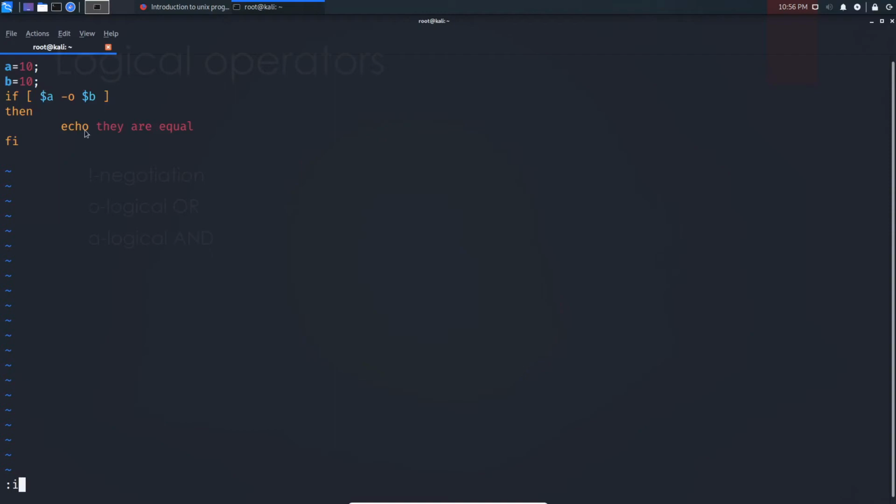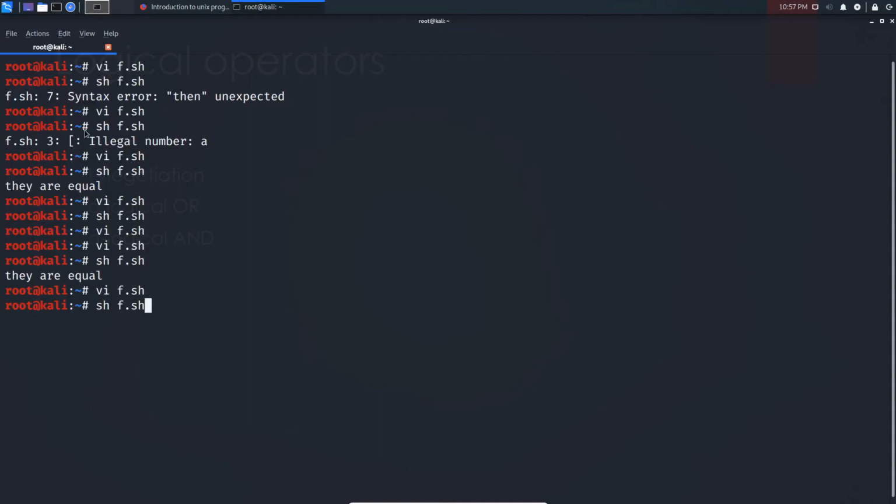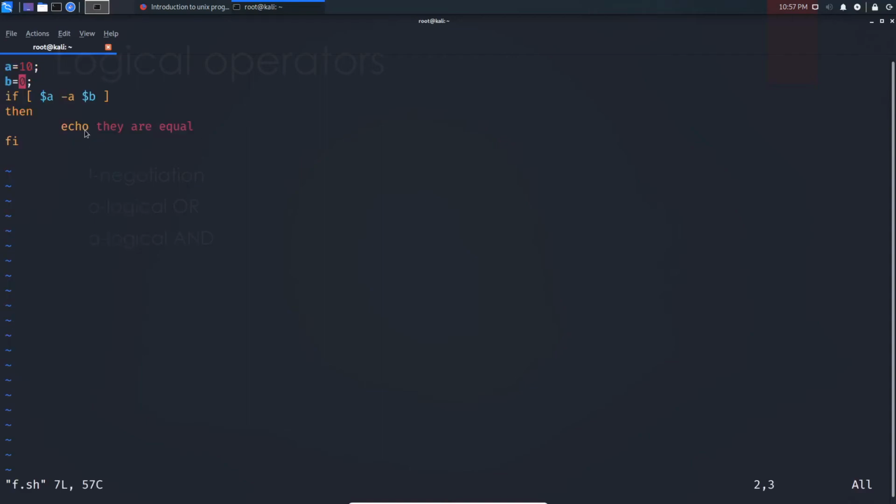Let me do one thing and place an AND condition. I will set b equal to 0, with logical and. Here a is 10 and b is 0.